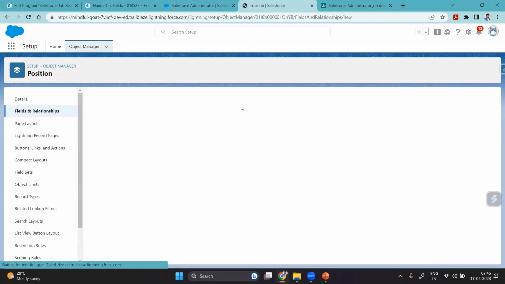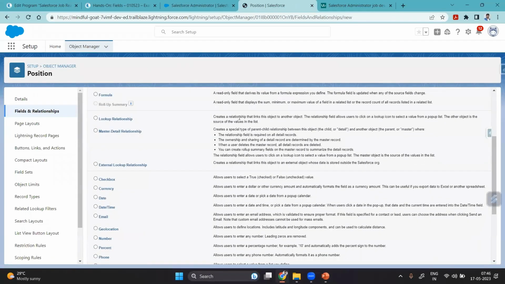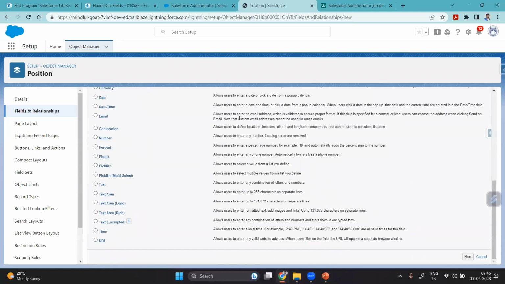Now let me create that. What should I do now in step one? Which field should I select? Please come on, be active, guys. Responsibilities is the field I want to create now. Roles and responsibilities: for any job, you'll find the JD, and along with that, you'll find roles and responsibilities as well. Which field should I select now, guys? Text area long. Okay, let's select text area long,